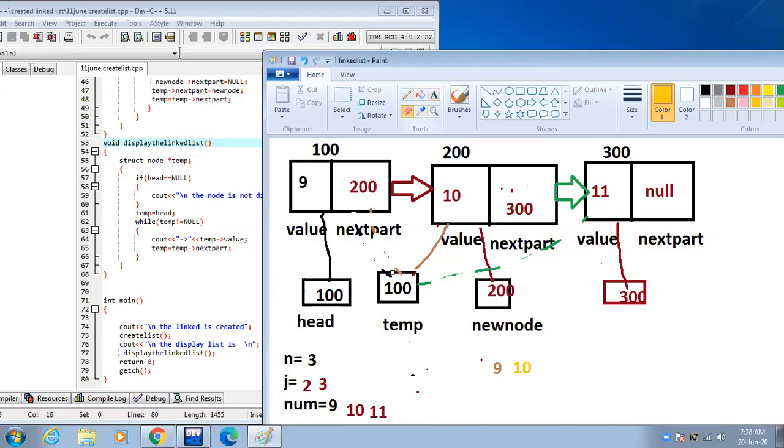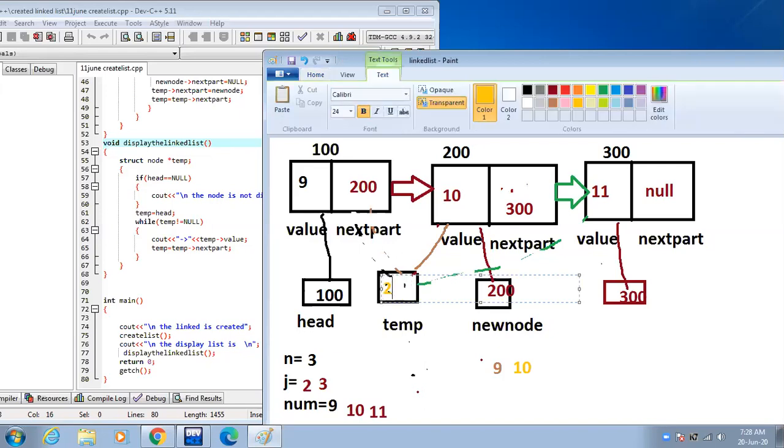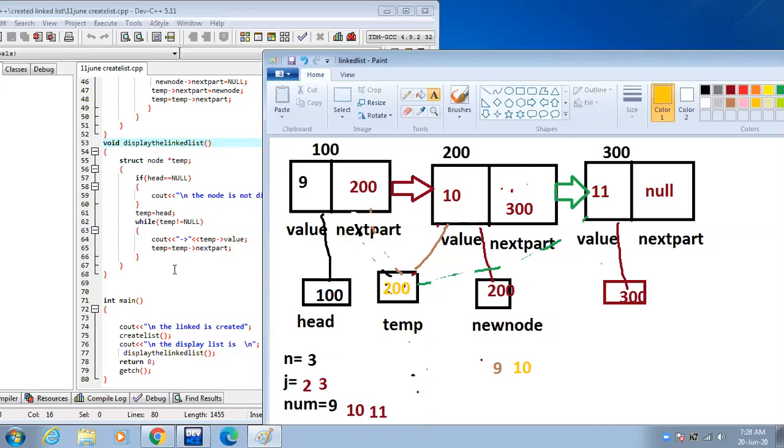Let's say temp points to this node and this node's address is 200. Temp equal to temp next part. Temp points to the next part and the next part contains the address of the new node, meaning temp points to the next node and this link is removed.